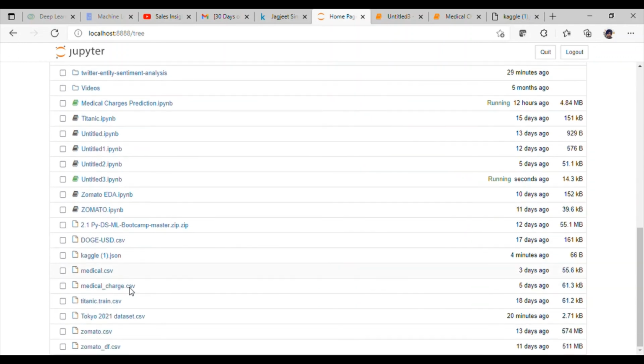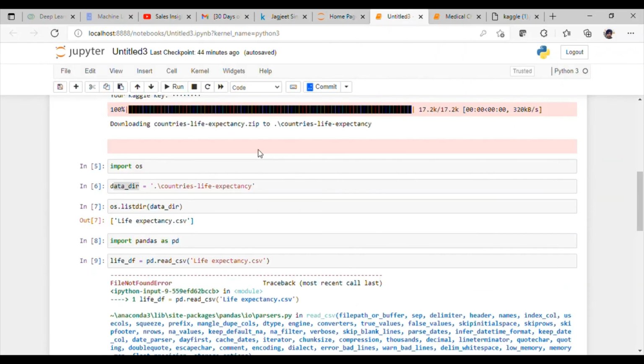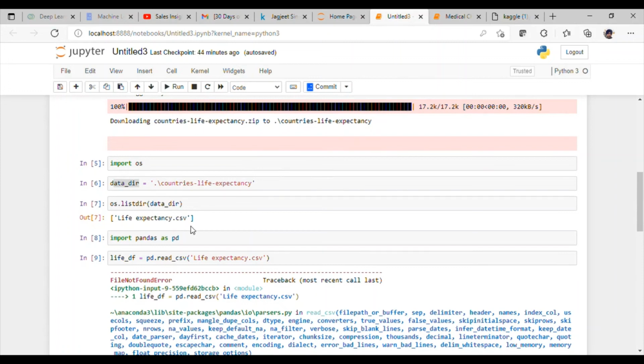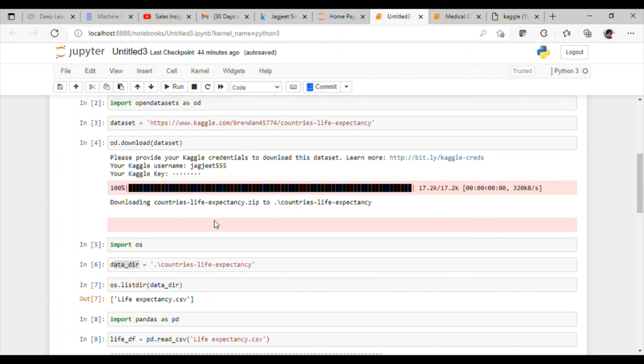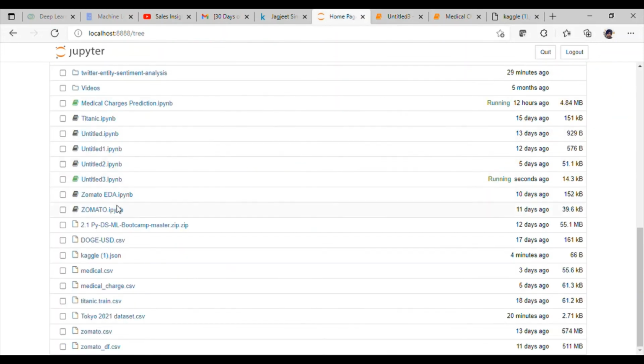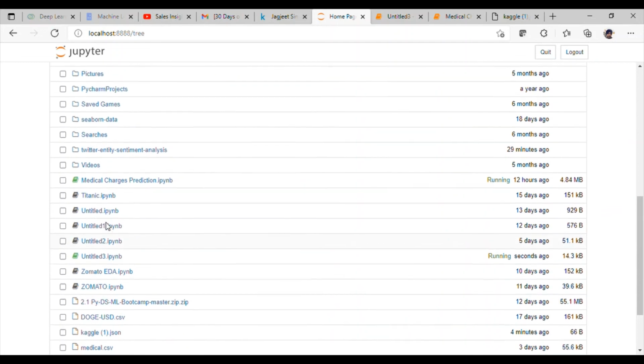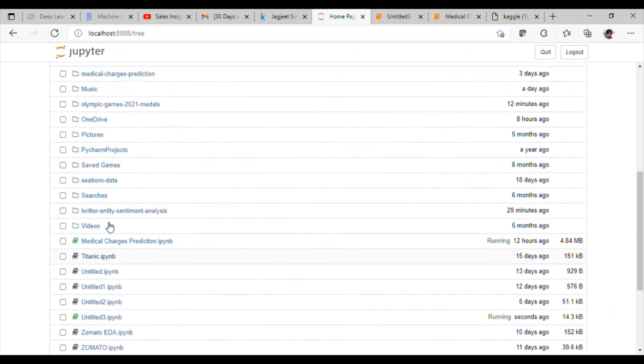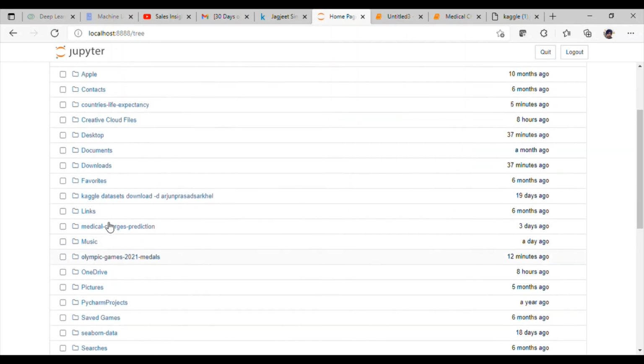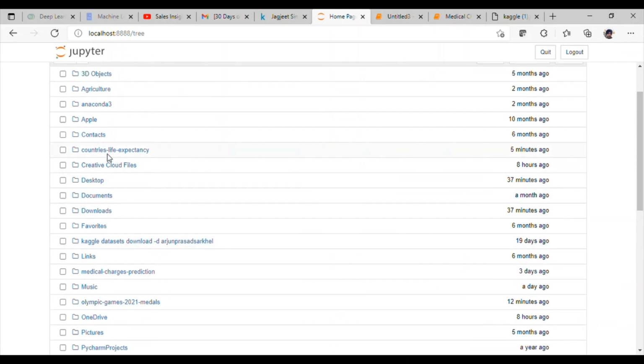The file name was country's life expectancy.